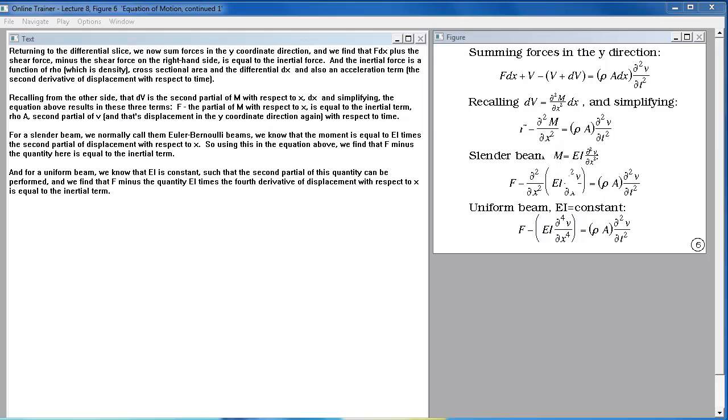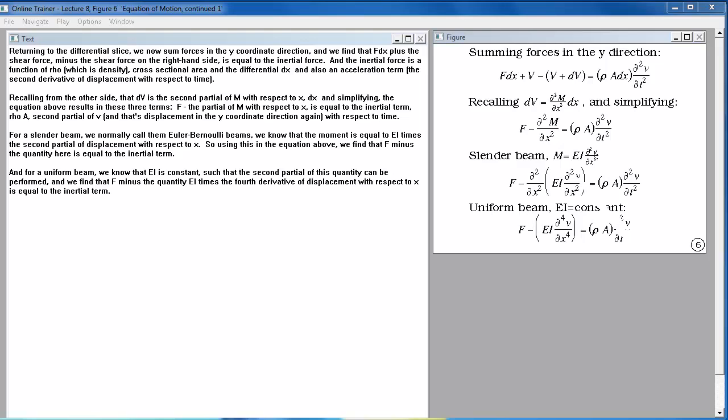F minus the second partial of m with respect to x is equal to the inertial term, rho a, second partial of v, and that's displacement in the y-coordinate direction again, with respect to time. For a slender beam, we normally call them Euler-Bernoulli beams, we know that the moment is equal to EI times the second partial of displacement with respect to x. So using this in the equation above, we find that F minus the quantity here is equal to the inertial